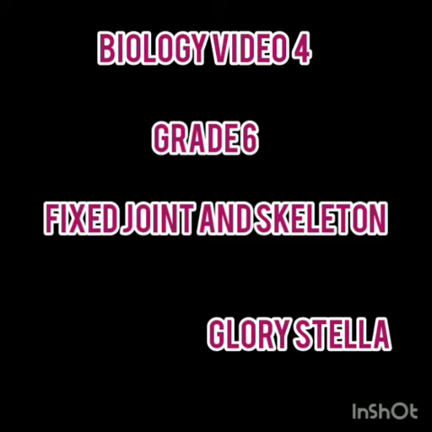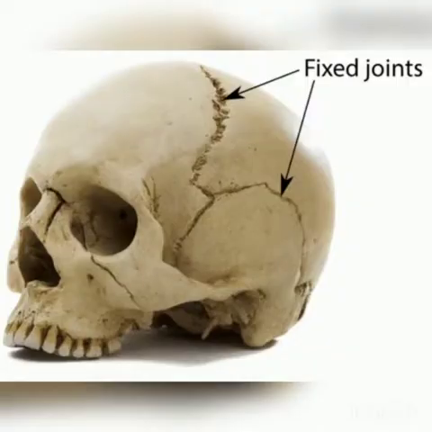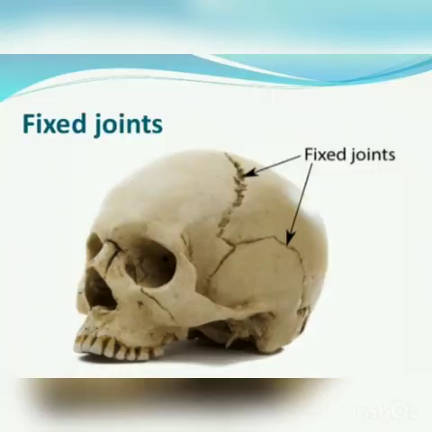These joints are there in between bones, but they do not help us in movement. They are present, but they do not help in the movement of our body parts. Such a joint is present in our head. I remember telling you we have around 22 bones attached in our skull, but those bones are not movable. They are fixed. Those bones cannot move. Such a joint is called a fixed joint.